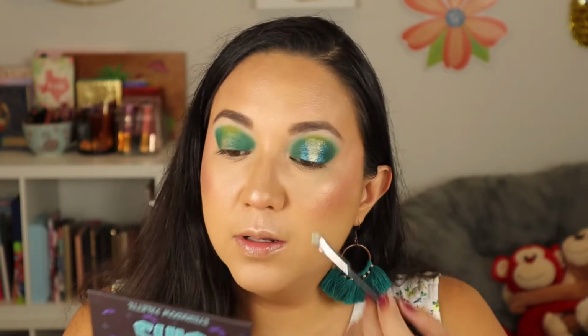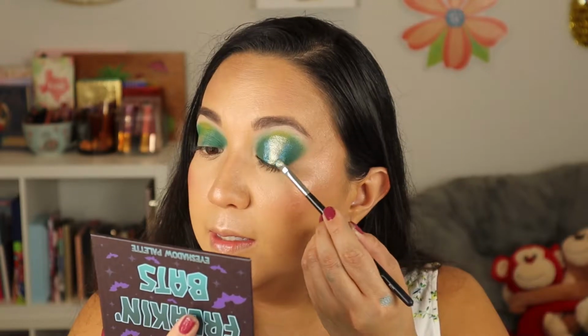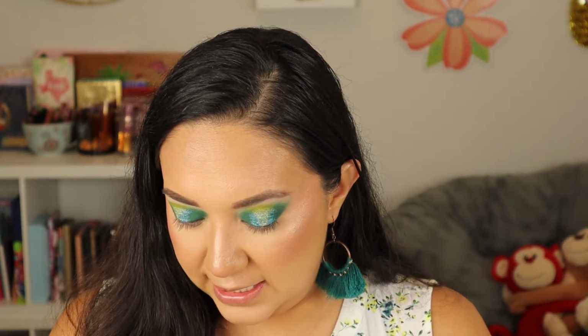This is such a beautiful, minty color. Oh, I'm going to go back in a little bit with Grim on the edges, just make sure everything looks blended. All right, I am loving how this look is coming out. So now I'm going to go on the lower lash line, and I'm thinking,